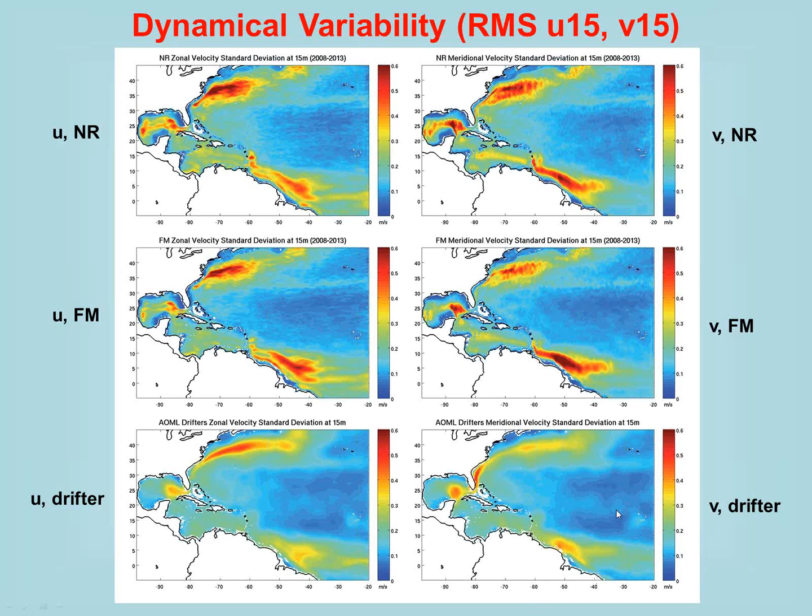Generally, in the interior Atlantic region here, the levels are fairly comparable. You tend to see sharper maxima in the model compared to the values in the drifter data set. But one thing you have to consider in the comparisons between the models and the observations,